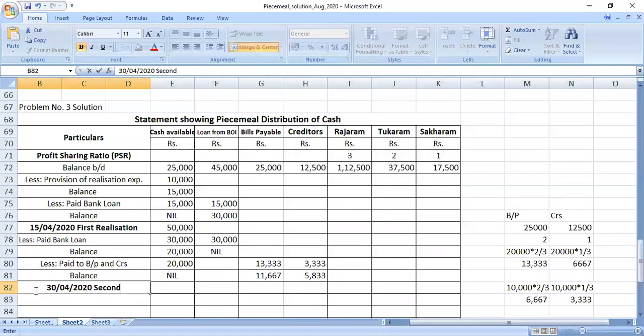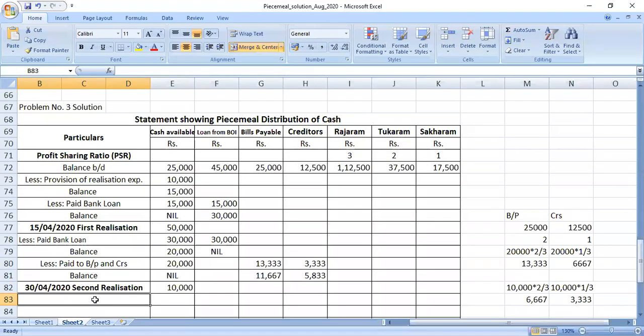Second realization. Value received 10,000. The cash available is 10,000. Now friends,